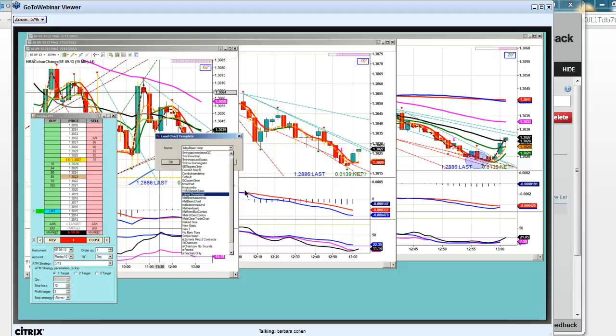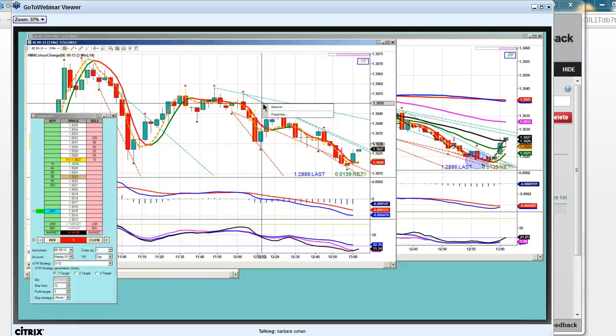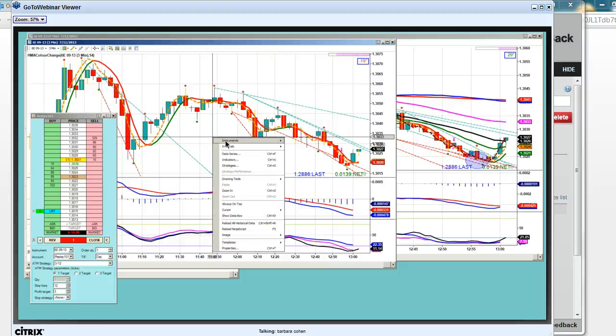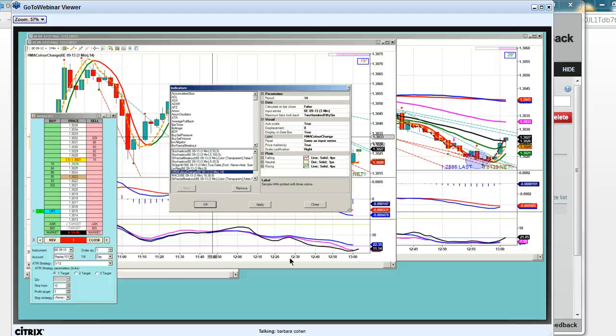On the Mel Basic chart, you can add the HMA color change. Okay? If you right-click and go to Indicators, you will see the HMA color change. And it is in Section 7 of the self-paced course. You can go and read up on the HMA indicator. And it's at the period of 14. It's the default. You don't need to change anything. You can change the plot style if you like.